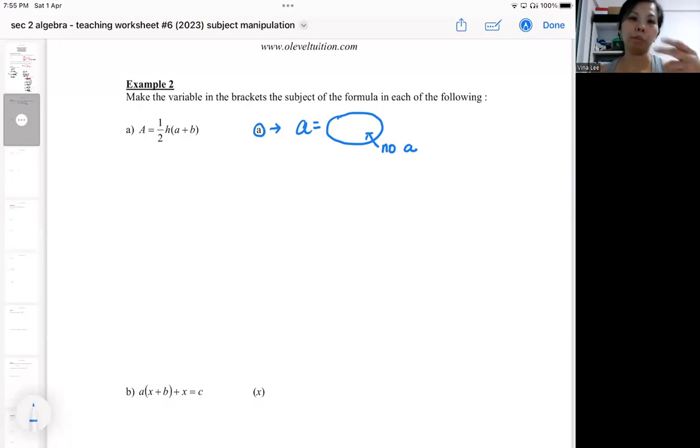Okay, and I also need to bring to your attention that in this topic, capital letter and small letter are two different things. Okay, so small a is small a, big A is big A. So they are two different things. You cannot take it as the other thing. Okay, so in this question,